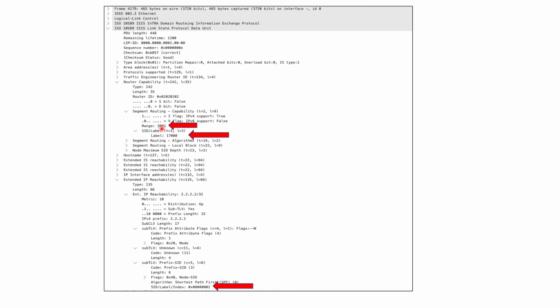So from 17,000 to 20,000 is the complete block I have, and the index value is advertised here, and you can see that it is associated with the prefix 2.2.2.2. In this case, if the router wants to calculate the forwarding table, this prefix would have 17,000 plus 2, that means the 17,002 label associated with it.